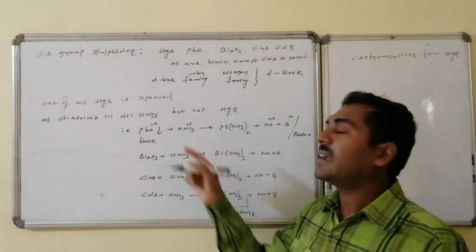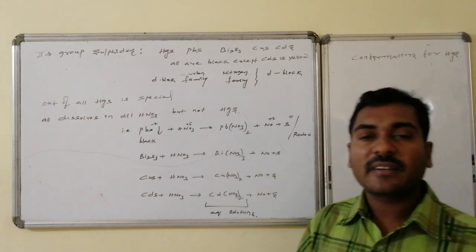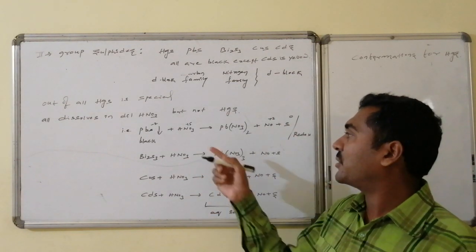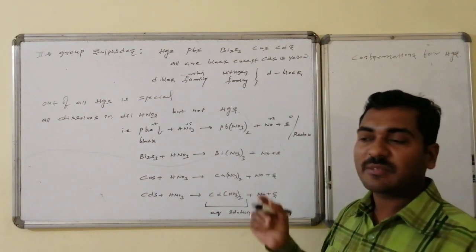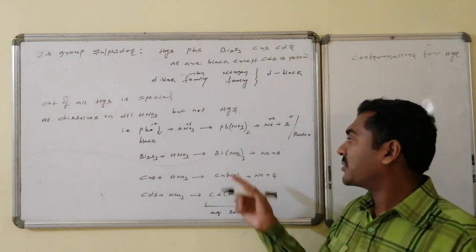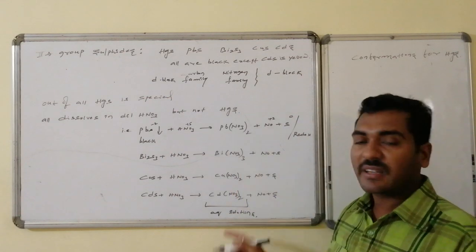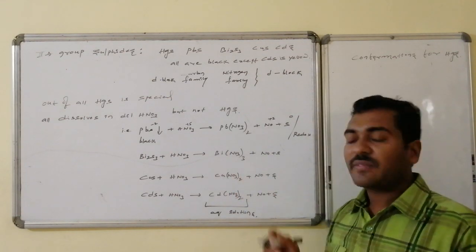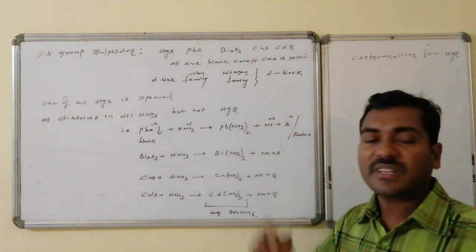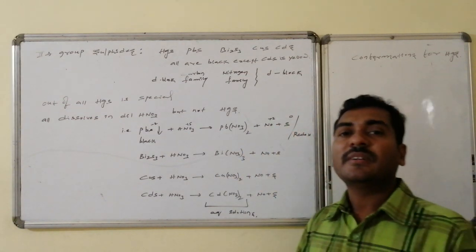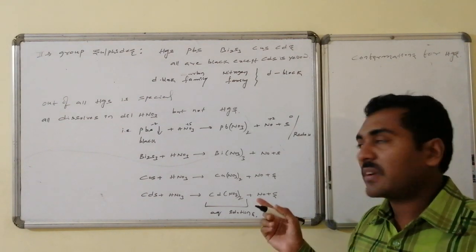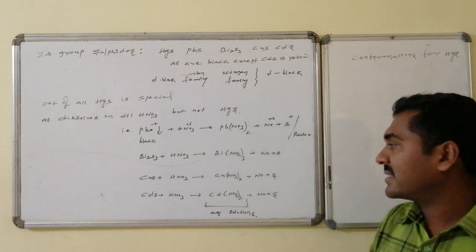But as nitric acid has oxidizing ability, it undergoes reduction to nitric oxide, followed by colloidal sulfur formation, that is sulfur 0. Similarly, bismuth sulfide is converted to an aqueous solution of bismuth nitrate. These are all soluble nitrates, followed by nitric oxide and sulfur. Here it is a redox reaction because nitrogen in the +5 state is reduced to the +2 state, and sulfur in the -2 state is oxidized to sulfur 0. We can balance the equations.